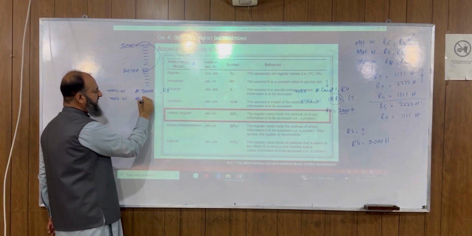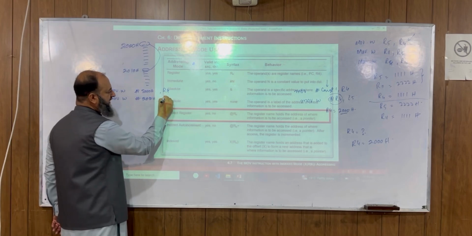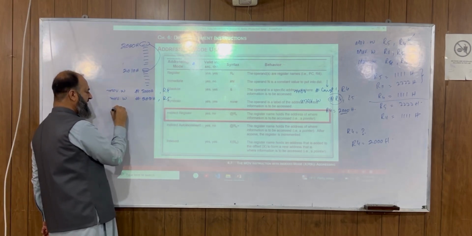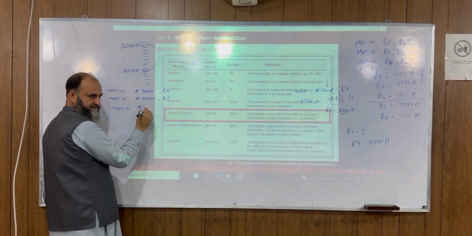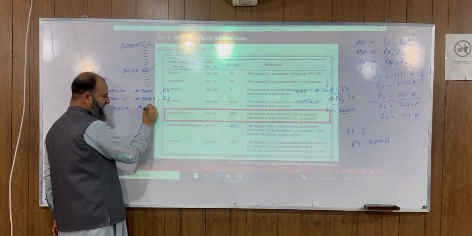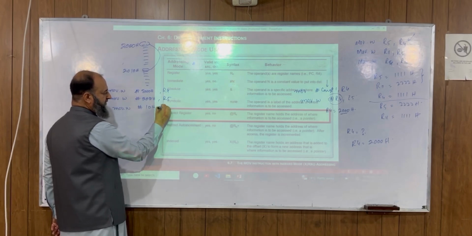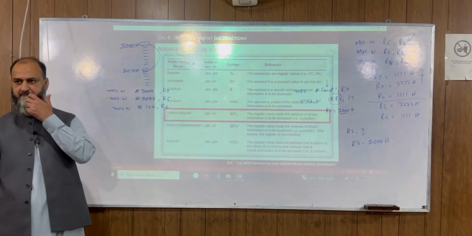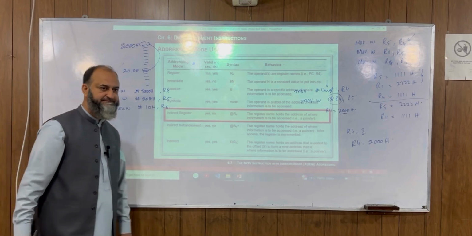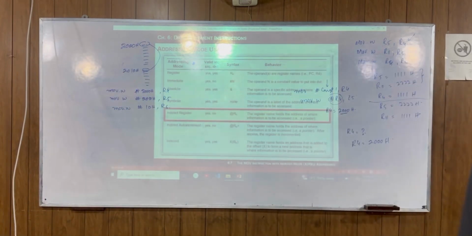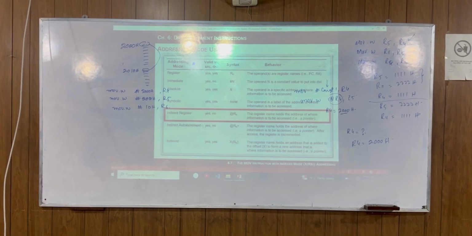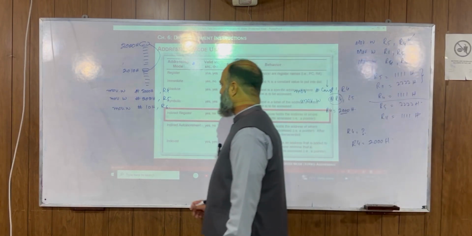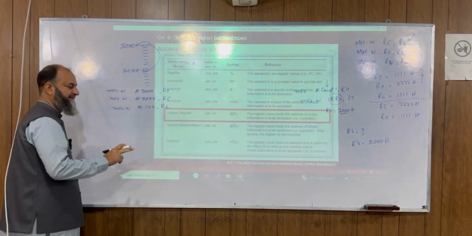Then we have hex 2010 location into R5, and we have another move.w hash 10 hex into R6. ठीक है. अब 3 चीजें हमने, हमारे पास लोकेशन है. एक के अंदर R4 की लोकेशन है, दूसरी लोकेशन R5 के अंदर है, and then we have this.